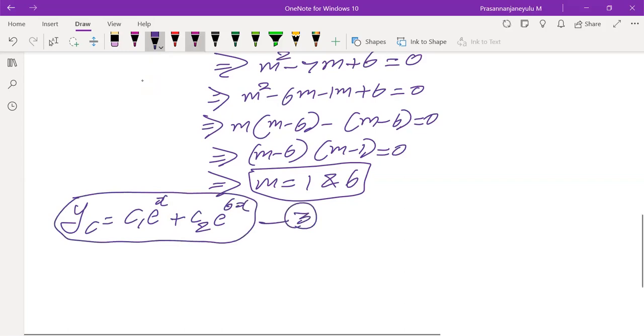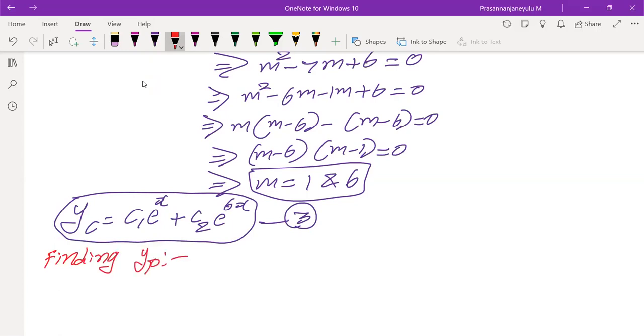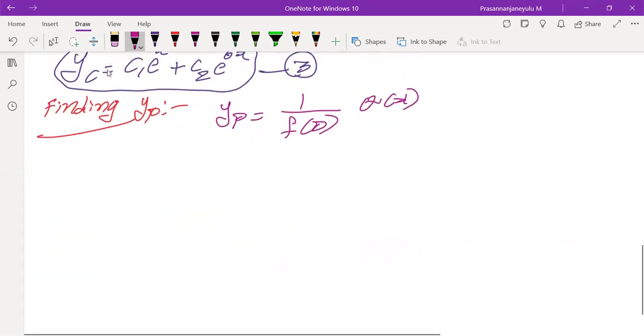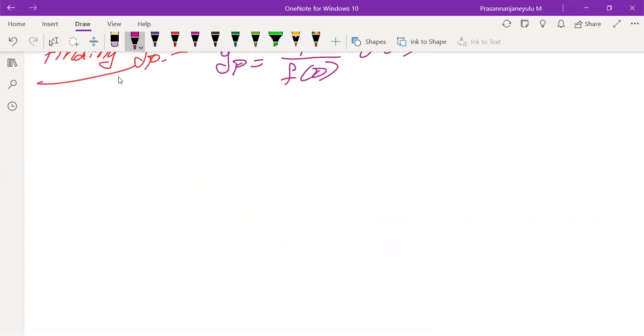Now you have to go for finding yp. While finding yp, we take yp equals, as usual, our procedure, 1 by f of d of q of x. These are our basic formulas. But here we have to take our f of d and q of x function. That implies yp equals